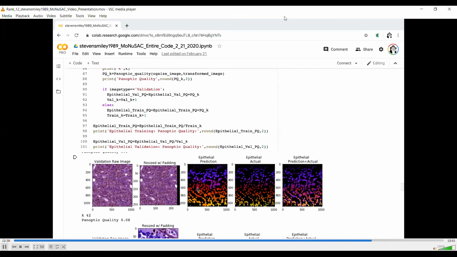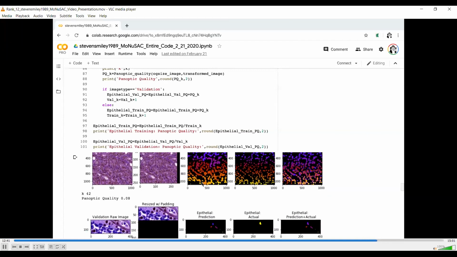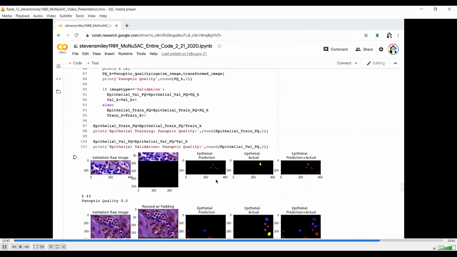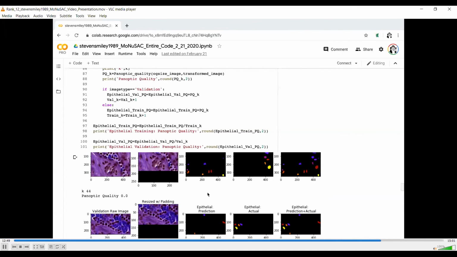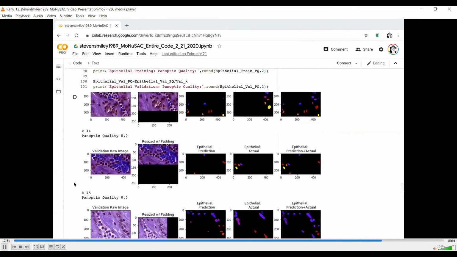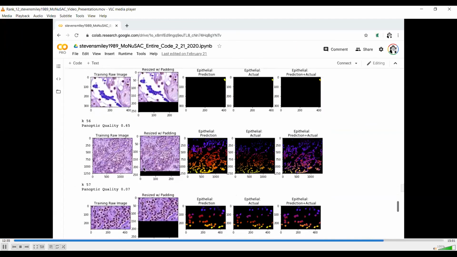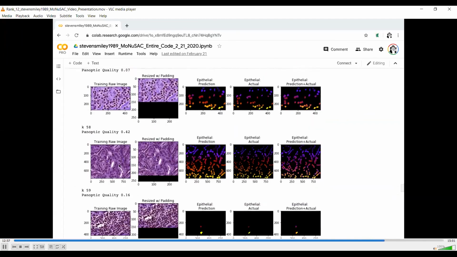Not the best here, right? See how they're all kind of glued together. There's probably some better post-processing things like watershed. I didn't use that and just ran out of time. So I used what I used. It's probably why my results weren't the best, but hey, at least I did it right. So I did that for each one. This is just showing the training and validation.